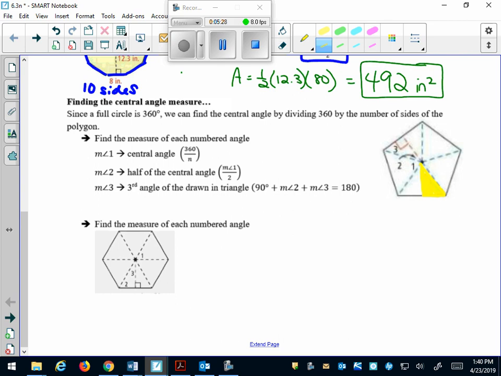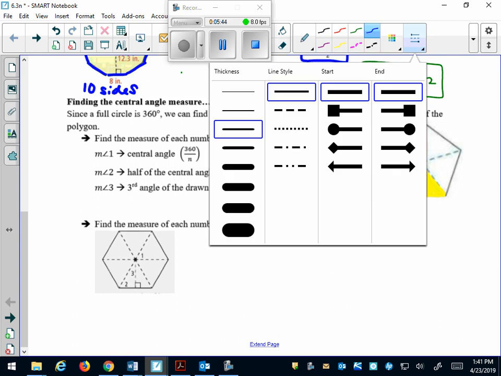Okay. In order to figure out the apothem and the perimeter, this yellow triangle that I highlighted here is what is going to become an important triangle,